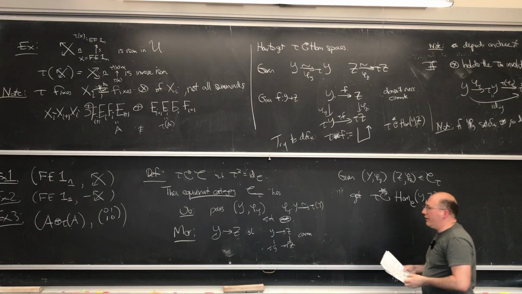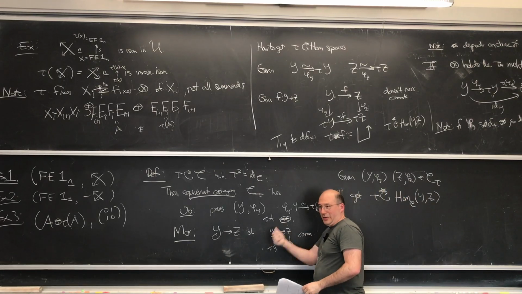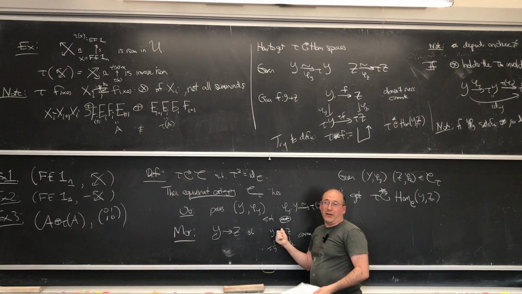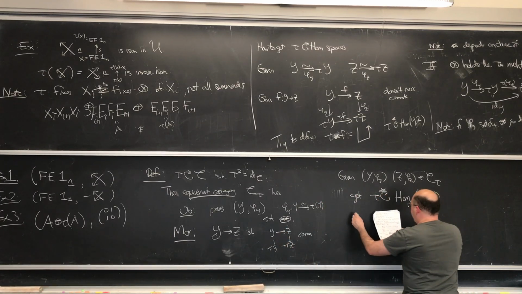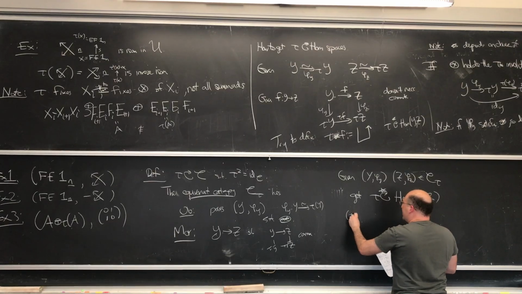If you have any morphism where this square doesn't commute, then tau star would measure how it doesn't commute. And the statement is that the +1 eigenspace of this action